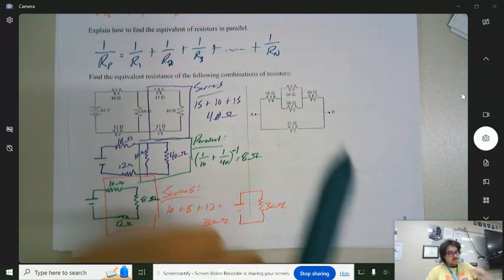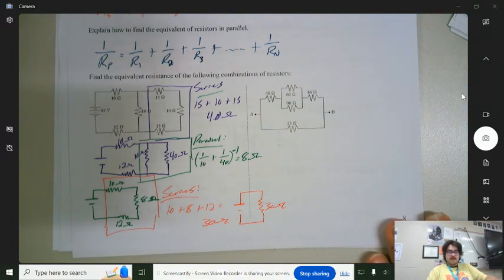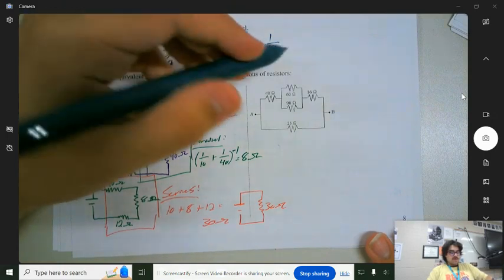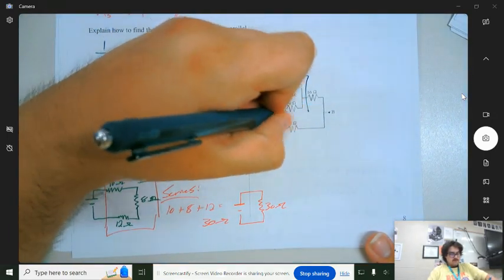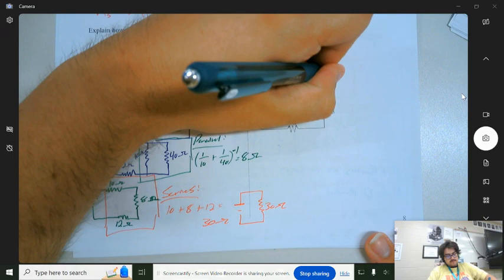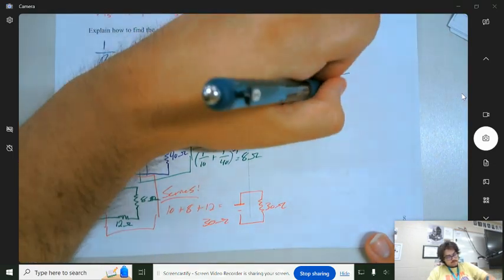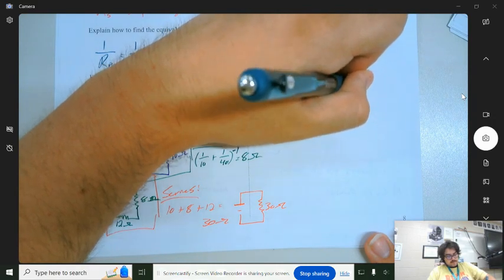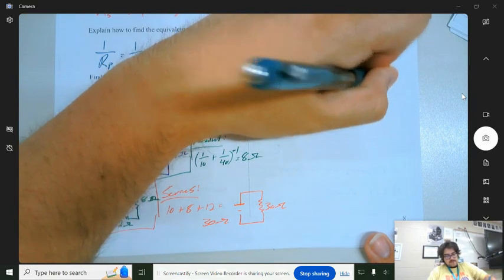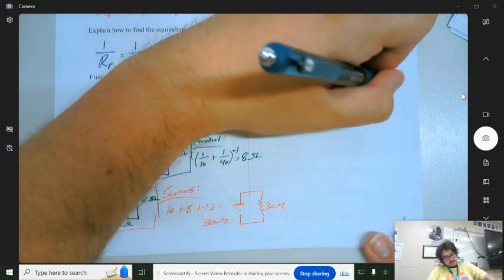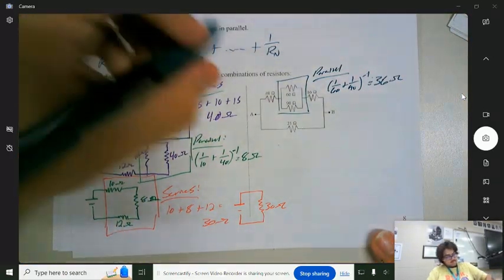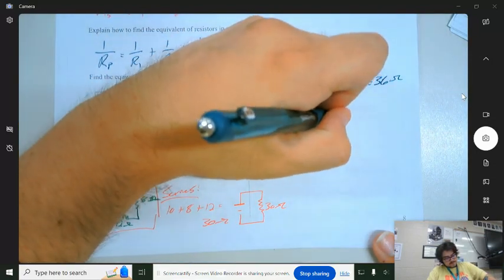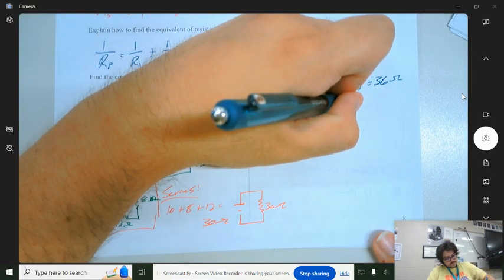So we're going to start out furthest from the battery. Let's pretend that the battery's at the bottom. First and foremost, the easiest thing to do is going to be to resolve this right here because they're in parallel. We'll do 1 over 60 plus 1 over 90, and then to the -1st power to get 36 ohms. So now we can rewrite this as being, this is A,